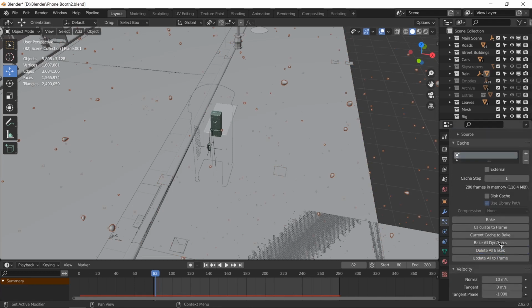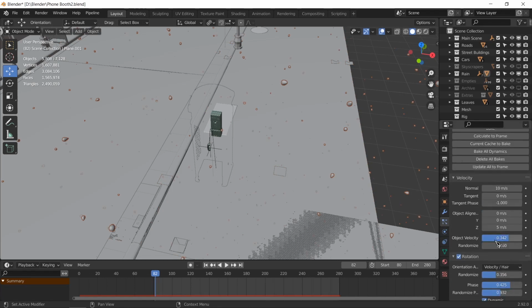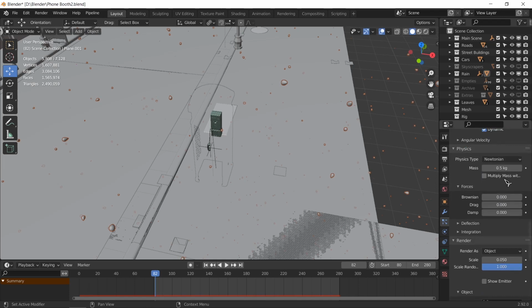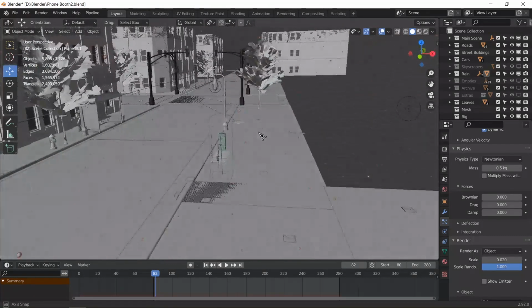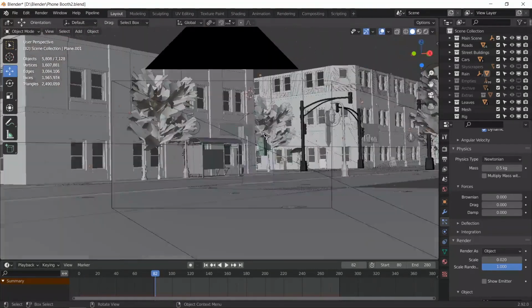Need to delete all bigs on this and get scale to 0.01, 0.02. Yeah, it's still pretty big, but that is better,